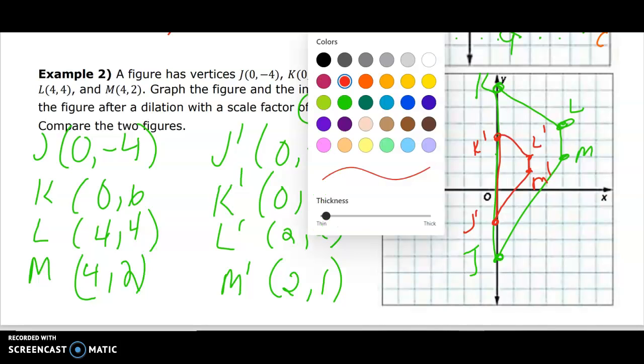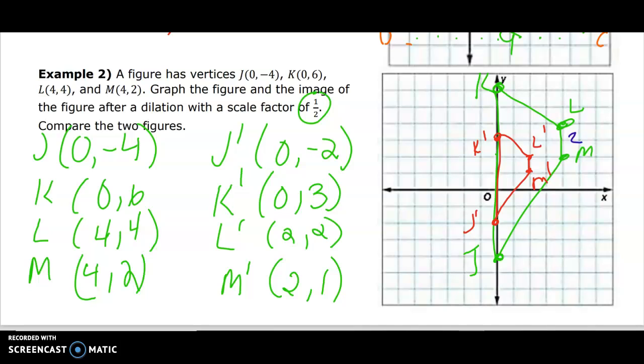Getting kind of squishy in here, but that's 2, that's 1, because half of 2 is 1. And if I count from J to K is 10, and from J prime to K prime is 5. And the other ones we would have to do Pythagorean theorem. So the big thing is when you do this, when you work with